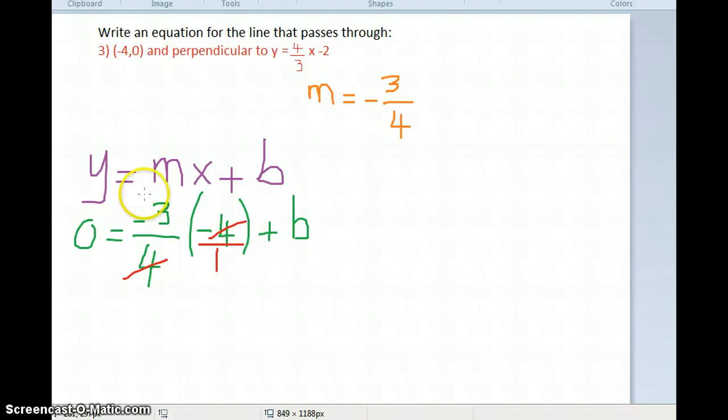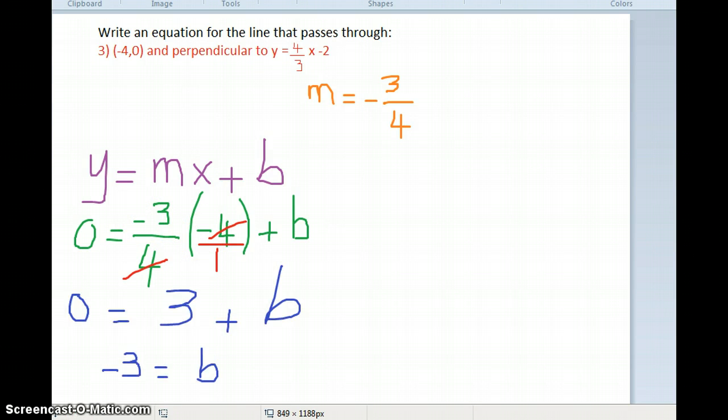Okay, so you can always say -3 times -4 is 12, and then say 4 times 1 is 4. So you can say 12 divided by 4, which you'll still get +3. Or you can cross-cancel, and also negative times a negative, you know it's a positive. So you have b plus 3 equals 0, and then by subtracting 3 from both sides, you get b equals